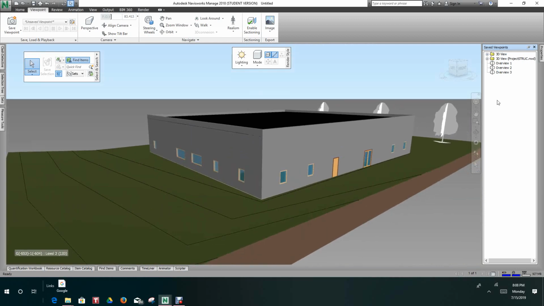Okay, we'll right click in the Save Viewpoints dialog. Save Viewpoint, we'll call this Overview 4. Okay, now we saved all of our views, and now we want to go and create us